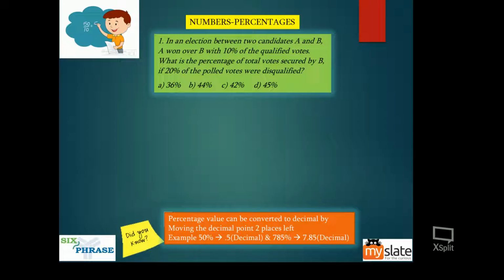Now let us suppose I and you stand in an election. There are only two candidates, I, myself, and yourself. Only two candidates standing in an election. In that city, there are 100 people. So let us assume that in that city there are 100 people, and you and I are standing in that electoral vote, in that constituency or in that city.